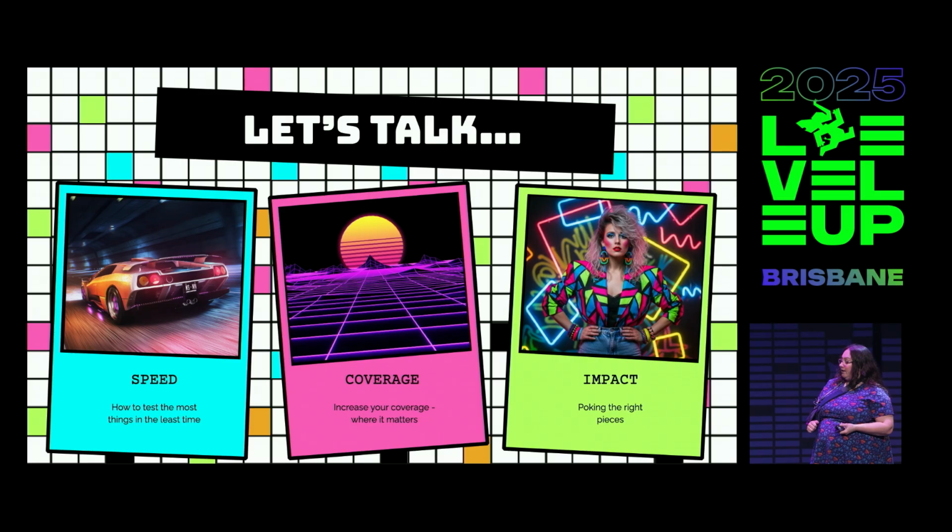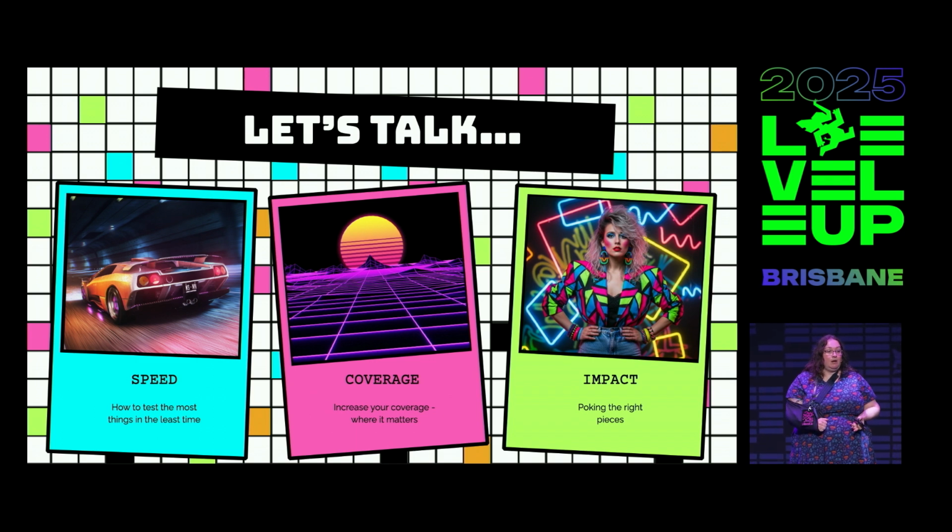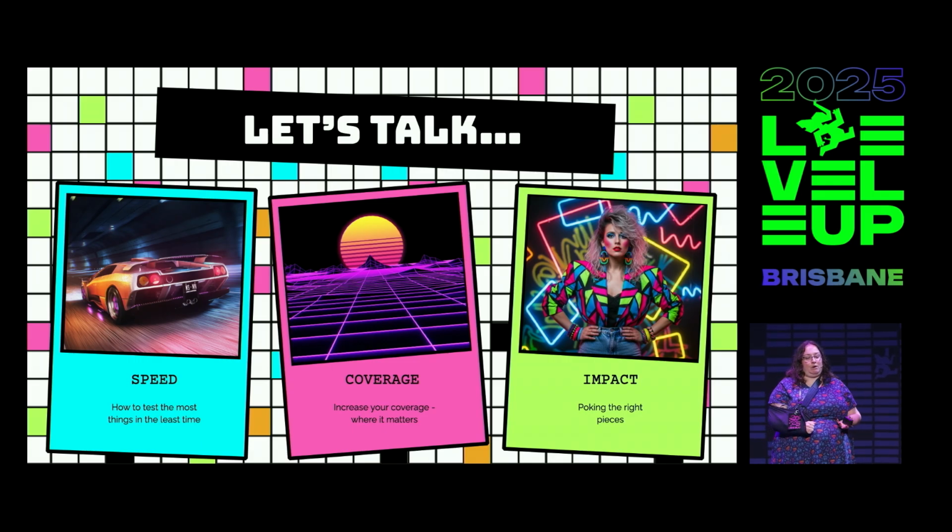Today I want to cover off three parts of the testing experience for developers. Speed. How do we test the most things in the least amount of time? Because if our test suites run slow, we're much less likely to run them at all. Next, coverage. It's no use having speedy test suites if they're not really covering much of our code base. But we want to make sure that that coverage is impactful. So understanding the difference between unit, feature, and integration tests, why you need all of them and how they fit together, is going to help you make the most bang for your buck in the things that you do devote time to covering.